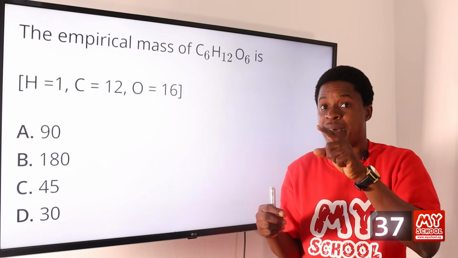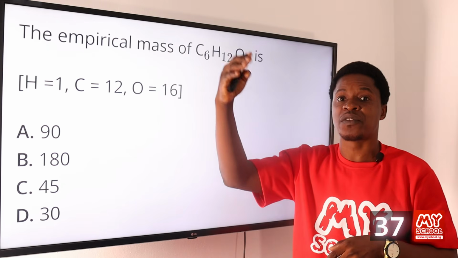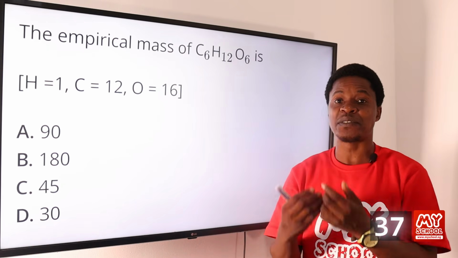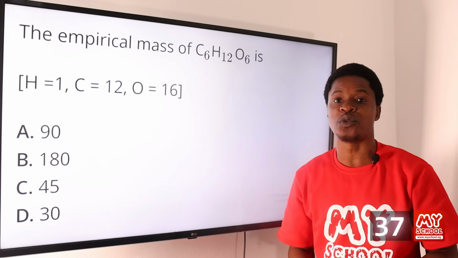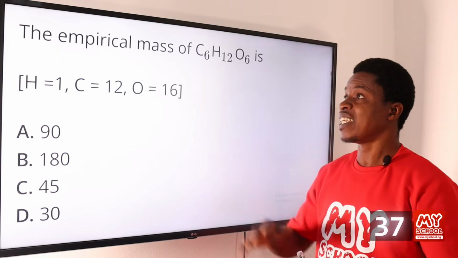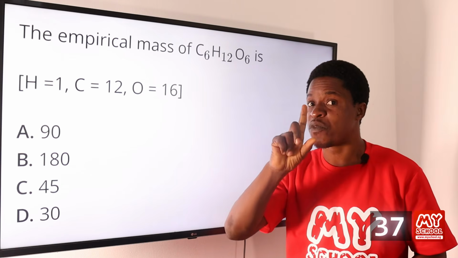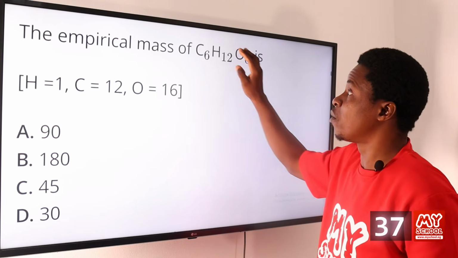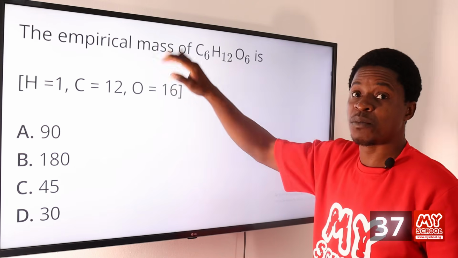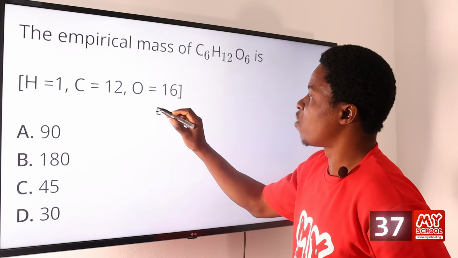Remember that empirical formula times n gives us the molecular formula, because the molecular formula gives us the exact number of moles, the whole number ratio, in which they actually combine together. So we need the empirical mass, or empirical formula first, because what we have here is actually the molecular formula. So to find the empirical formula first,